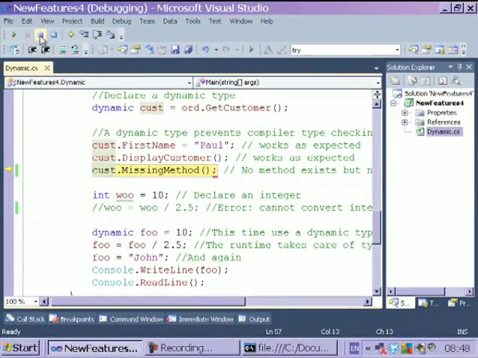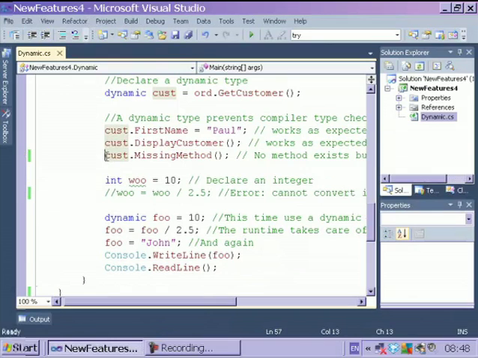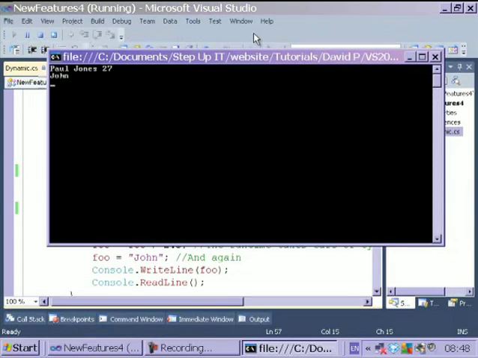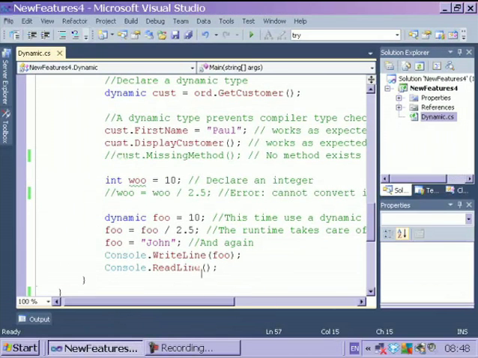I'm going to stop it, put some comments in there, and run it again. Now this time we haven't hit the problem, because we've commented it out, and we've just simply seen the output from the bit of code we had in that main method where we're doing a Console.WriteLine on foo. So just to review all of that,